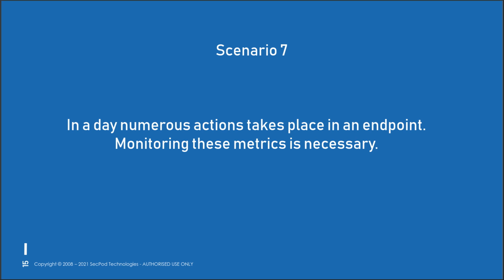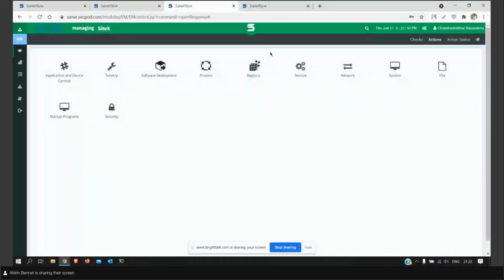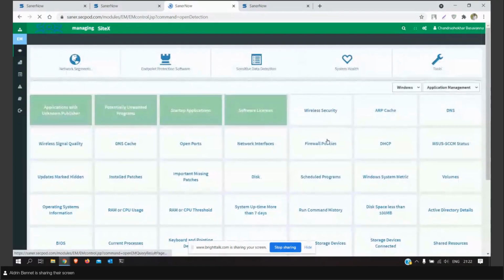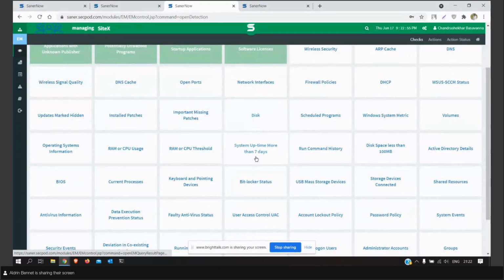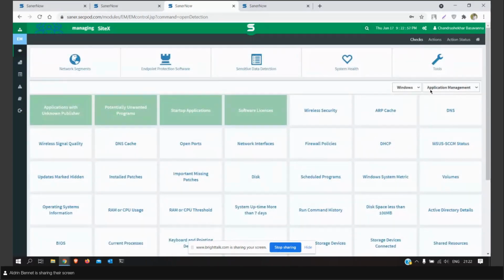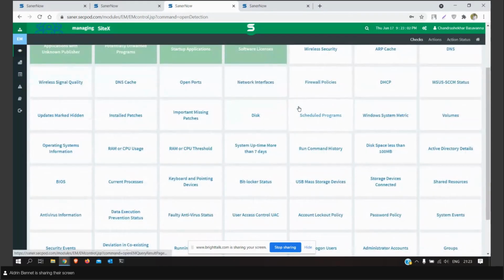Sendo actually gives you different ways to keep track of changes and status in your endpoints. There are a lot of different things that keep changing in your endpoints every single minute, and we have different options to handle this. Let me walk you through that. So again, if you go into endpoint management, you have an option called checks. Under checks, if you see down here, you have over 100 checks which are categorized based on different platforms. And all these checks have different functionalities which will help you monitor and manage every single endpoint.